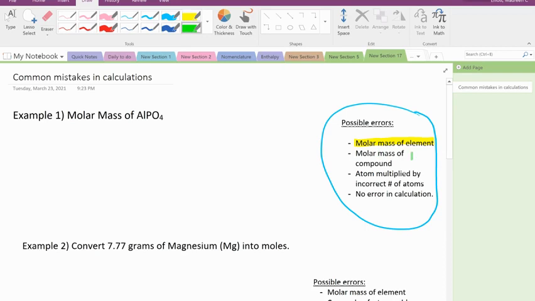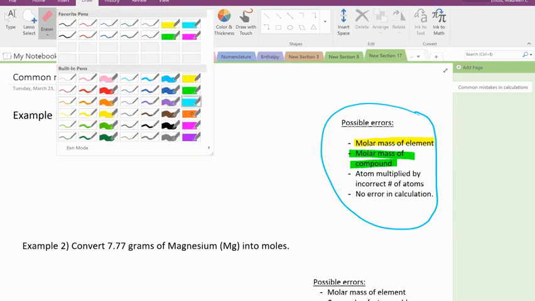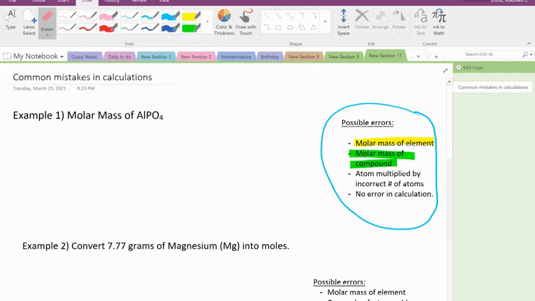Another possibility is that the whole compound, when you add up all the individual elements, has an incorrect total. That would mean that the molar mass of the compound is incorrect. Another possibility is that when you went through and multiplied these values, if there's more than one, it's possible that the number that's being multiplied is inaccurate. So for example, in the oxygen, it should be multiplied by 4, but maybe it's multiplied by some other number. Now, the very last possibility is that it's done totally correctly, and there's no error at all